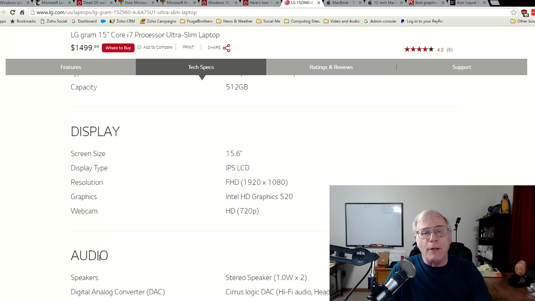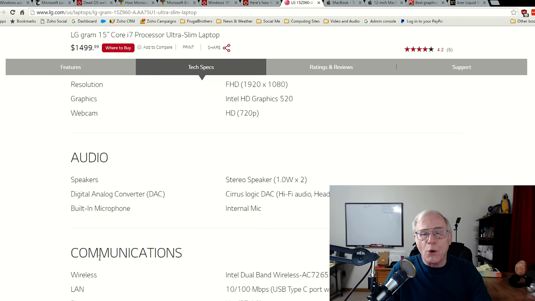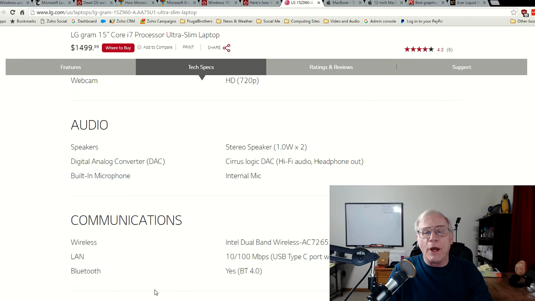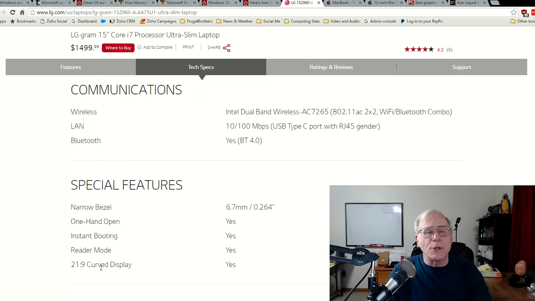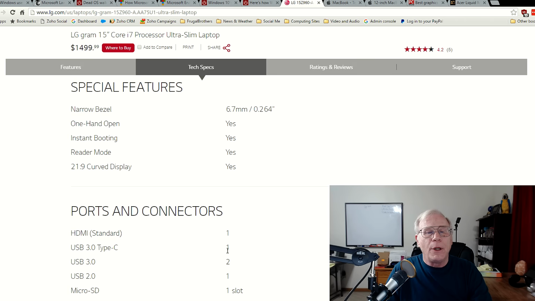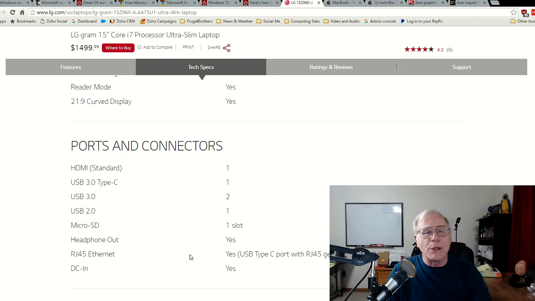to this machine. Of course, it comes with dual band wireless. That's AC. And then comes with, guess this, LAN 100 megabits per second, USB-C port with RJ45 gender, Bluetooth 4.0. Special features, 21:9 curved display. Yes, special feature. But here's, I think, another area this thing really shines.